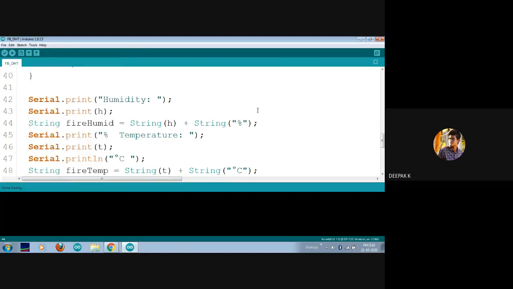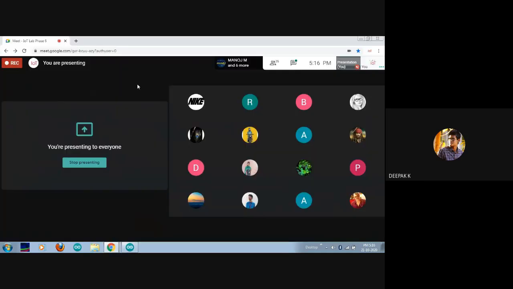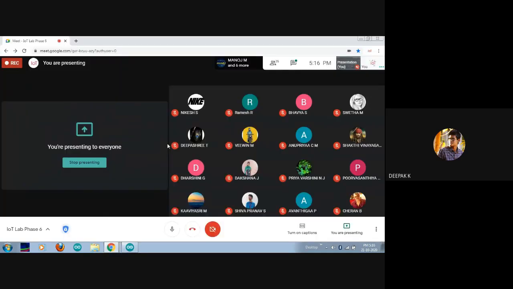Now I will connect my device. Connecting, I'm just going to turn on my camera. I think you could see my device here.